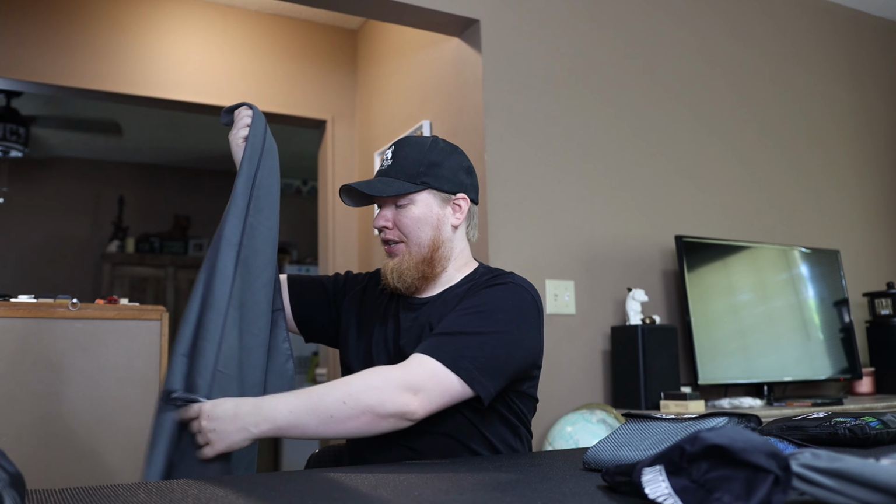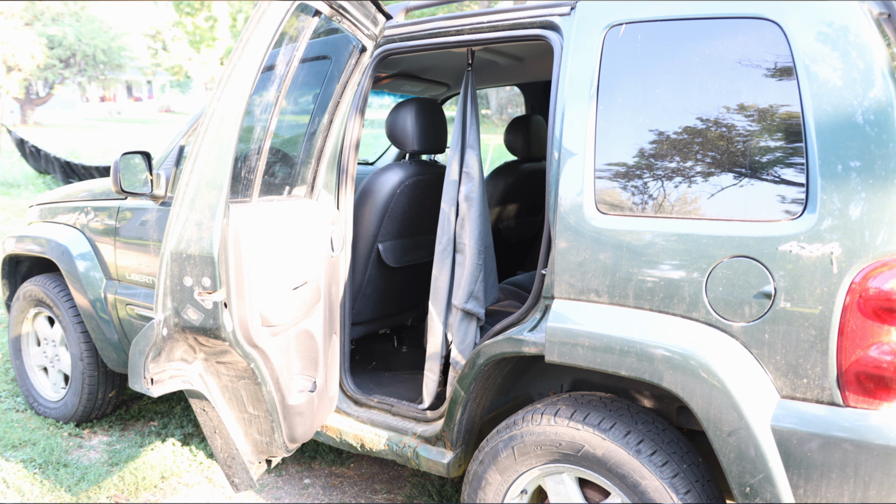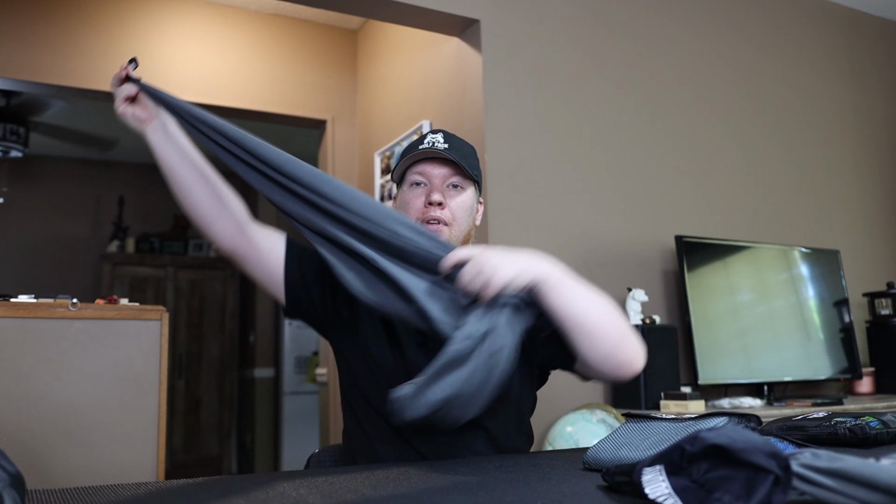And so what I would usually do is I'd usually just clamp something on here and hang it from the side. Well, this one has the loop on the large towel on the side. Meaning that I can hang this in the door frame of my Jeep, and it can just hang there and dry. I don't have to worry about it getting full of sand and mud and nastiness from being on the ground. I can hang this on a short branch. I can run a ridge line